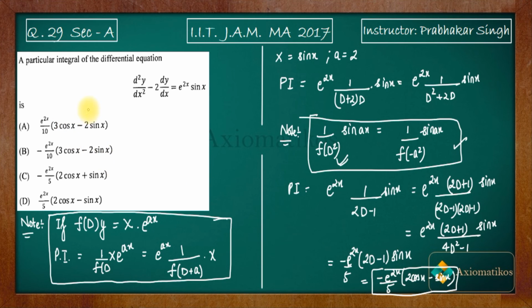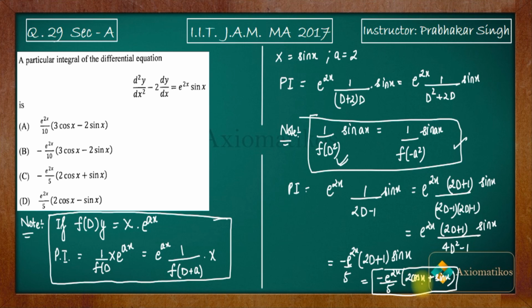So finally this is our result. Which option is the true option for this problem? D option is right? No, minus is not there, so we have to think of some other option. What is the problem? All right, so this was not 2D minus 1, it was 2D plus 1. I made a mistake there.